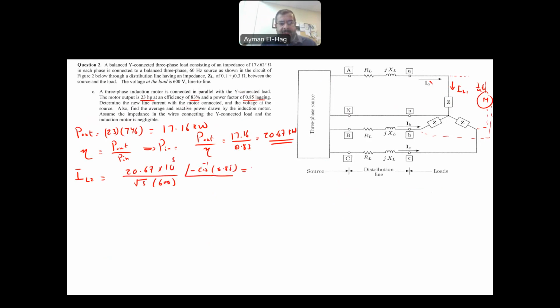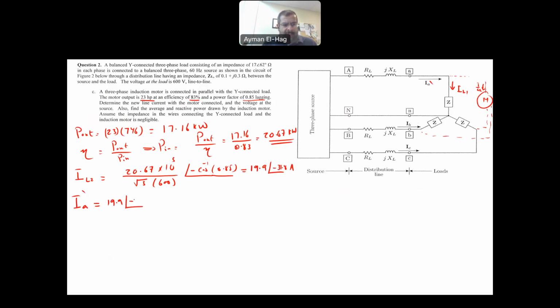And I will get 19.9 angle of minus 31.8 amp. Now, this is basically the current that is driven or taken by the motor. So now my IA prime, or my IA new, the new line current, is equal to this current, that the